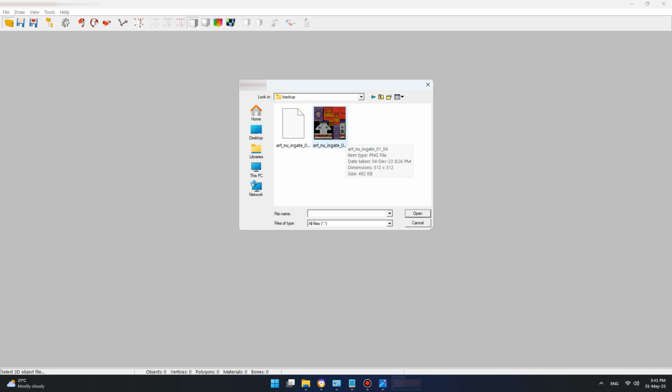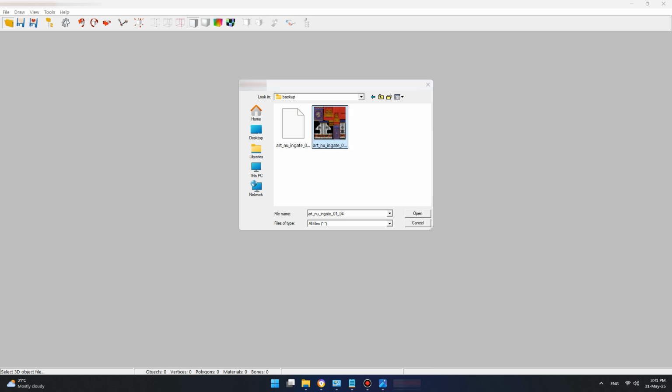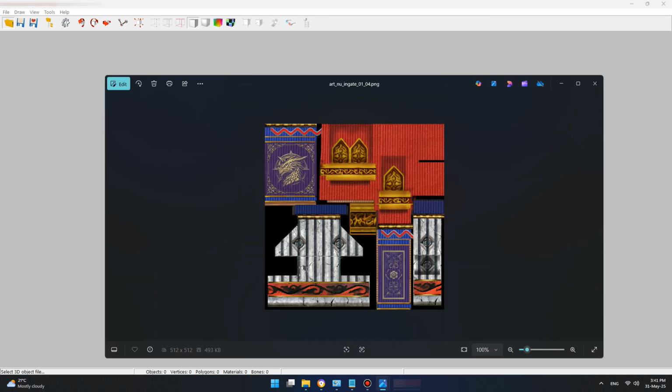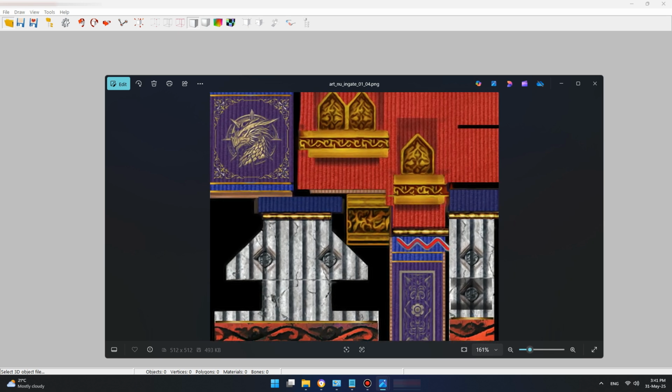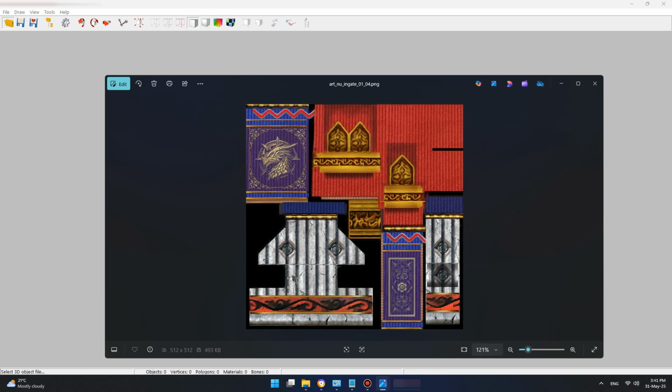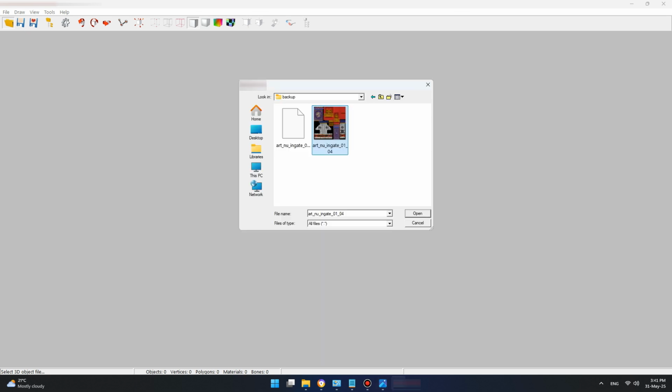Okay. So I have here the texture, as you can see. Let me open it. Okay. That is the texture. That is a totally new texture. That is not the original texture. That is a totally new texture. I created this texture,